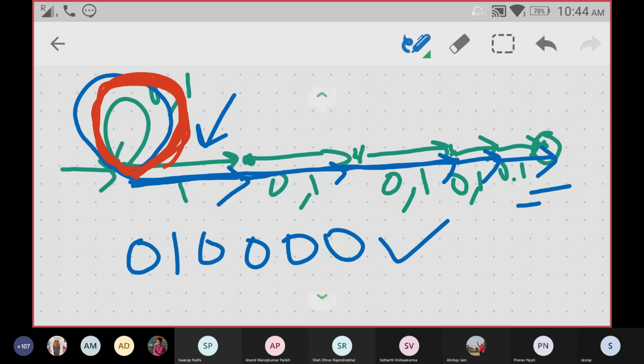For this particular NFA, we have one start state and one final state. Now, if I have to reach from the start state to the final state, it must be through this 5-length path,